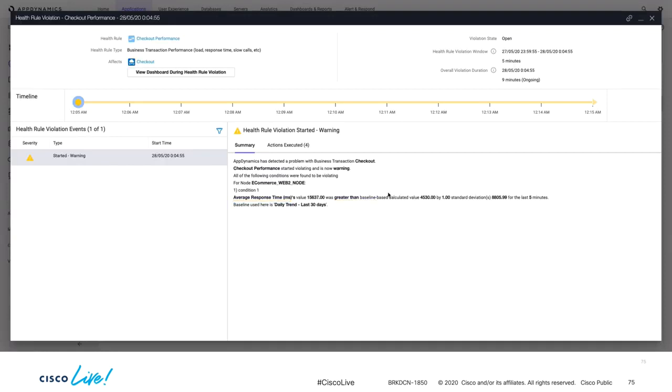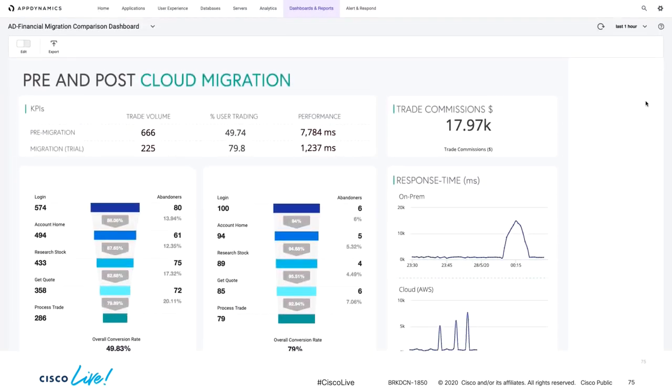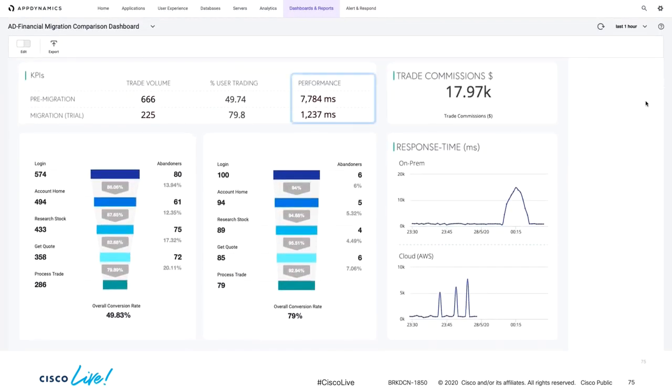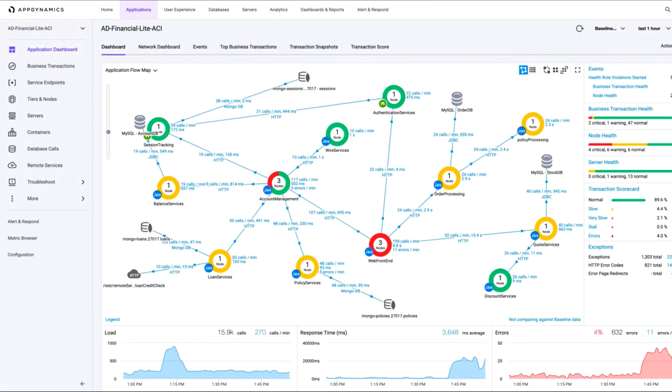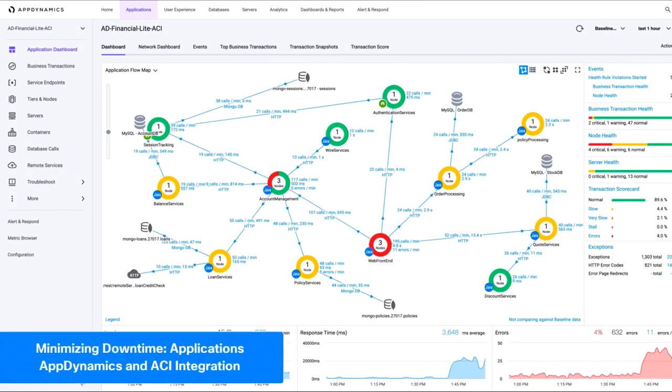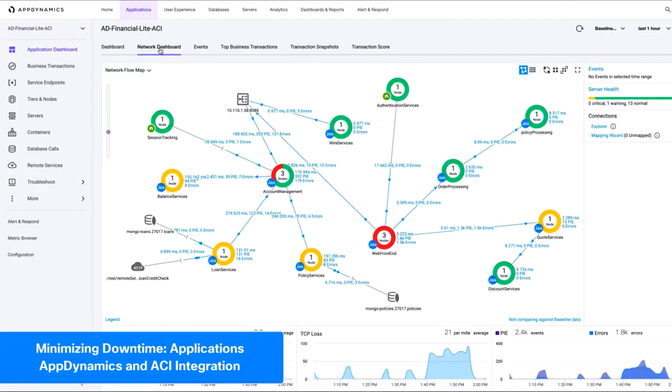There may be multiple use cases and dashboards you can customize and use. Another popular option is cloud migration, since it would allow you to ensure SLAs are still being met after such migration. Then, if we also have Cisco ACI running, AppDynamics can integrate to it through the Network Dashboard tab, showing